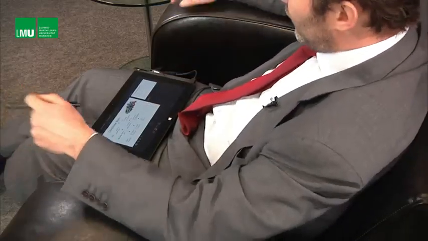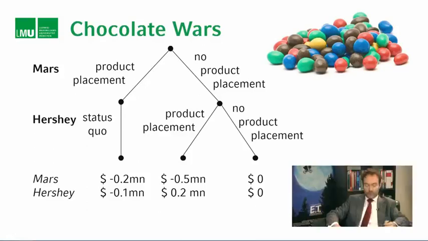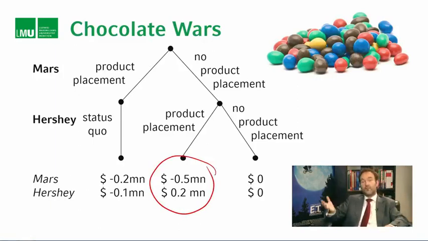So we know that Mars had the first choice. They had the choice of signing the product placement contract or not signing it. And if they sign it, the game is over. Hershey's does not have a choice. Whereas if they don't sign it, then Hershey's gets to decide if they want to accept or not accept the deal. As the game played out, we found this result. So Mars declined and Hershey's accepted. This turned out to be a loss maker for Mars. They lost $500,000, and Hershey's won by